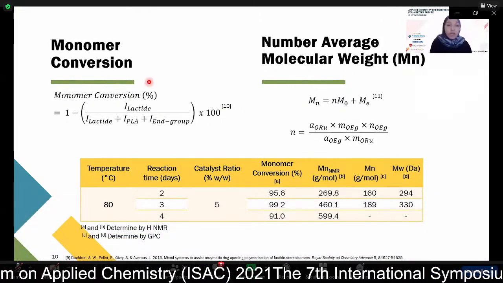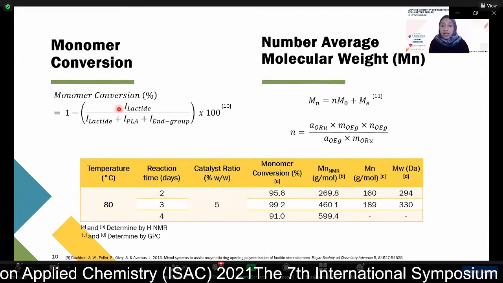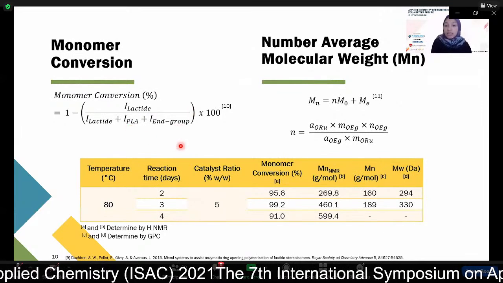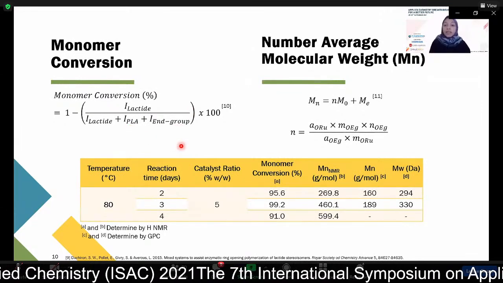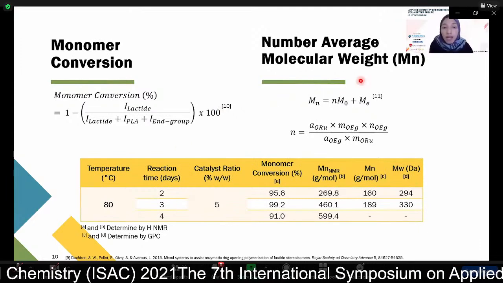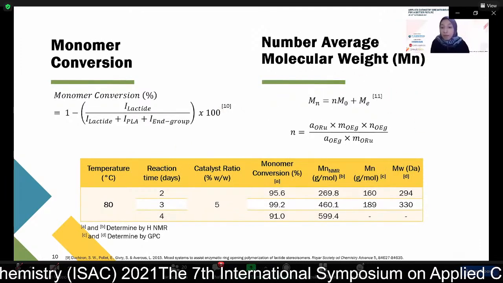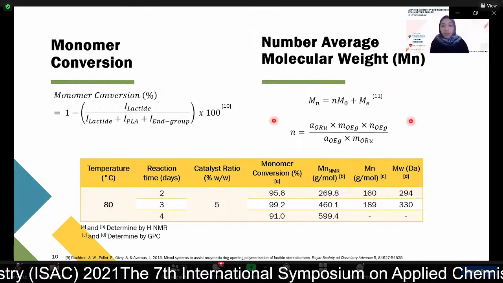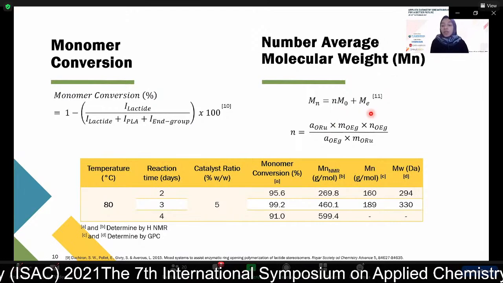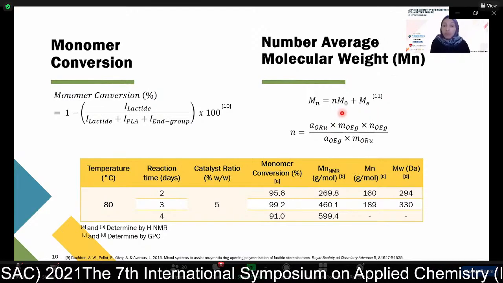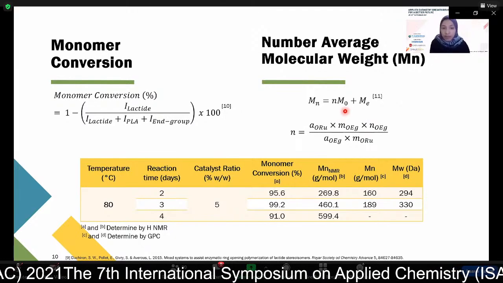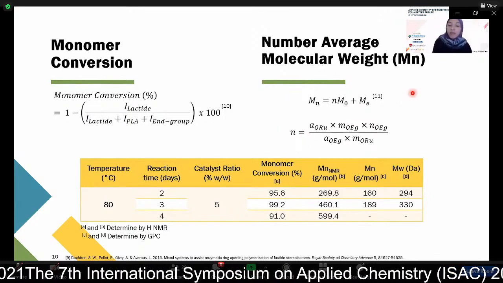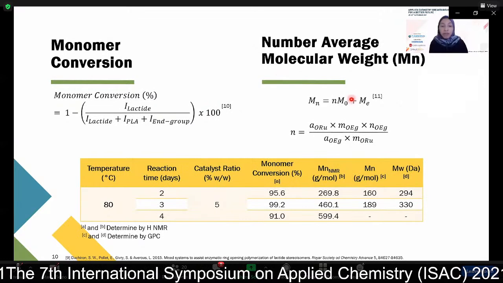So this value was determined by the integral of the lactate, PLA, and the end group characteristic peak from the NMR characterization, and the number average molecular weight was also determined by the NMR analysis using this equation, where ME is the molecular weight of the end-chain group, and MO is the molecular weight of the repeating unit, and N is the number of repeating units, whereas the number of N or repeating units can be found using this